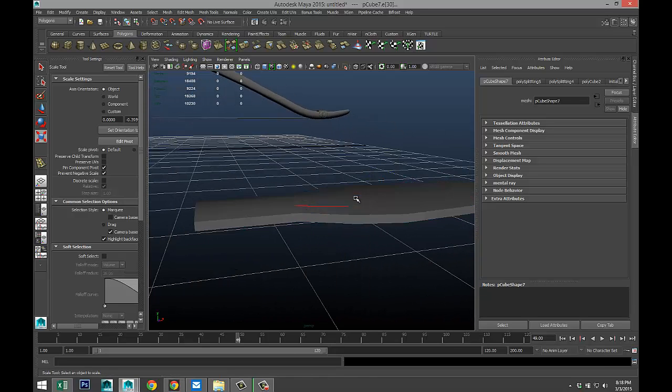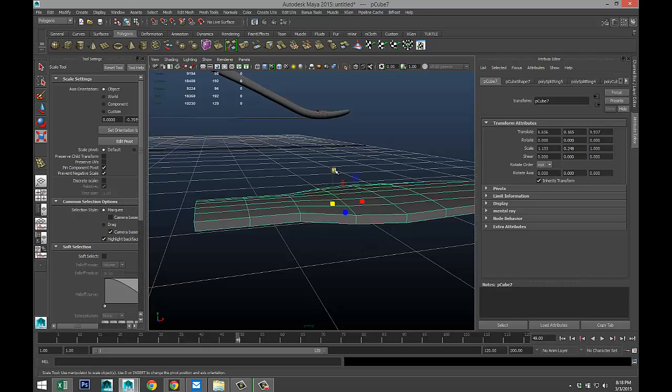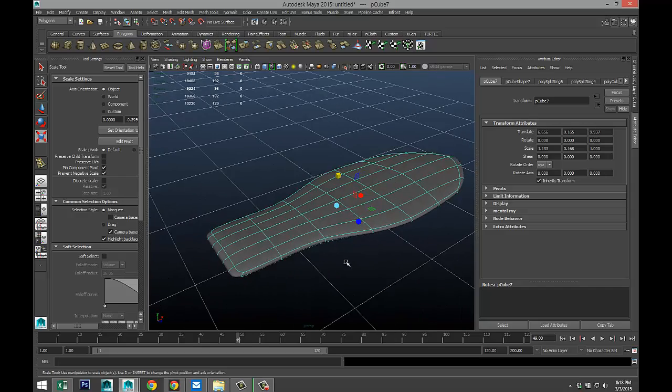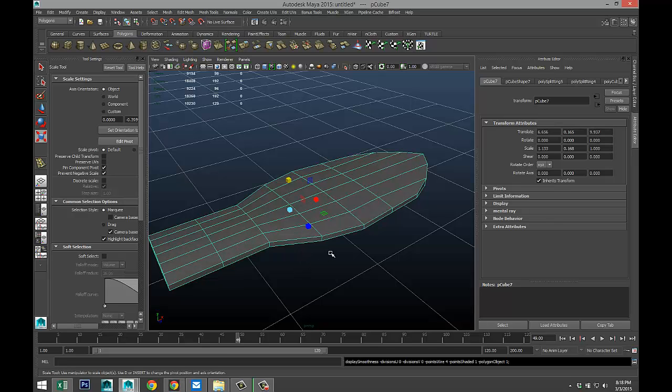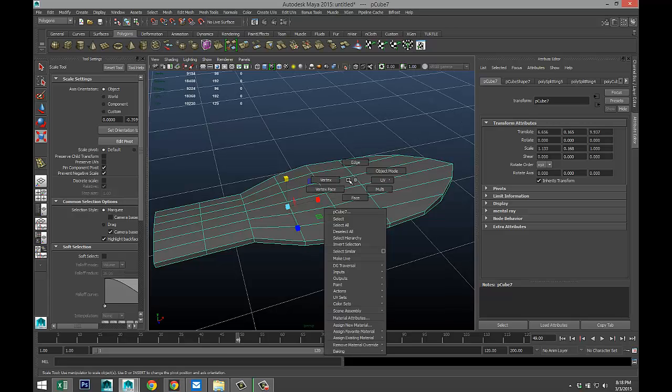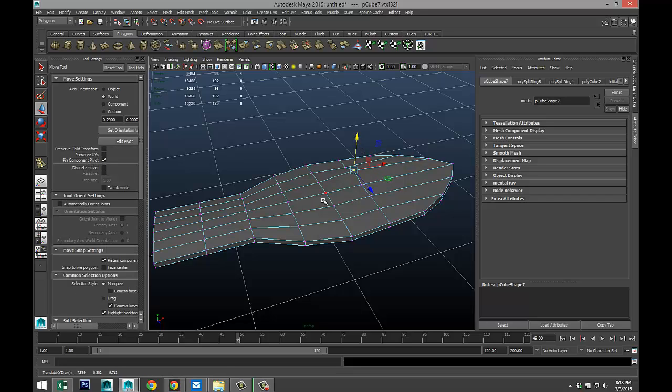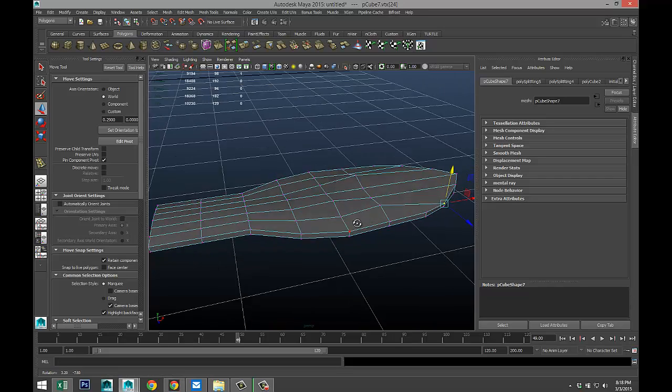Okay, then we're going to right click object mode, hit R, and push that down a little bit. Hit 3 and see what we get. Okay, that's a little bit too smooth. So hit 1 to go back. We are going to tweak this a little bit. Right click vertex, and let's manipulate that shape a bit. Pull the vertices up, push them down, and so forth.